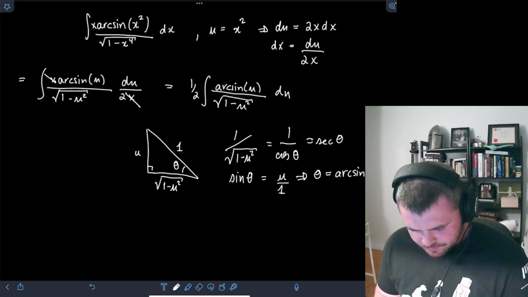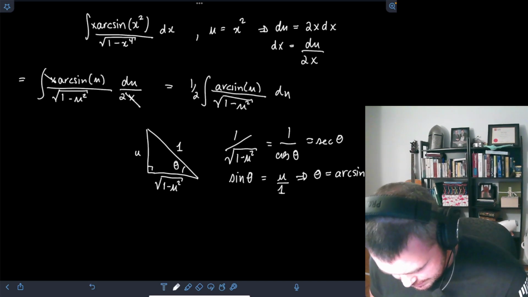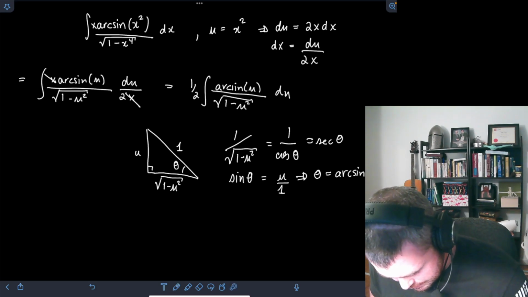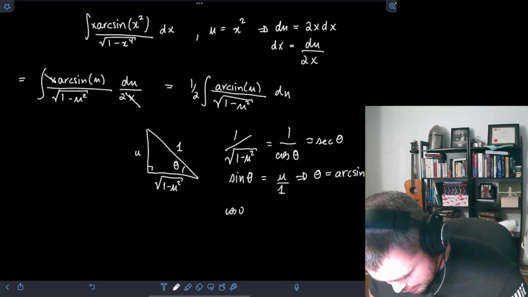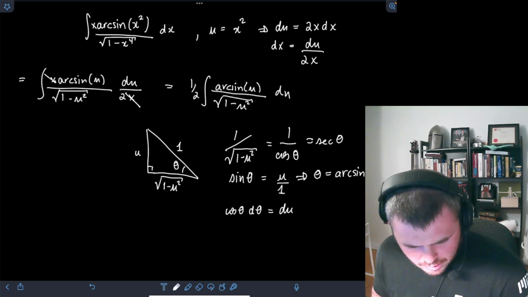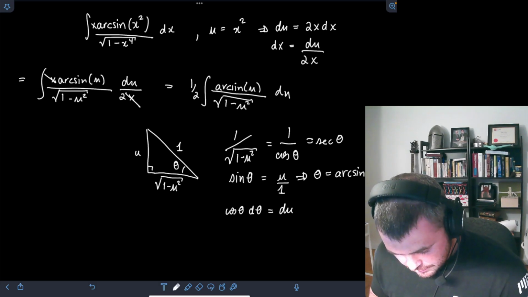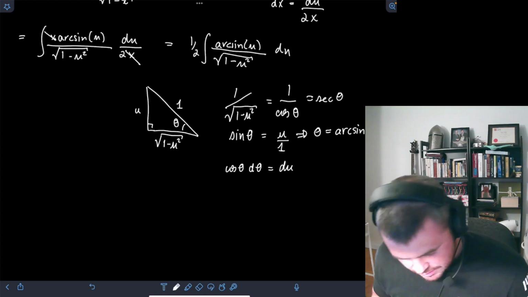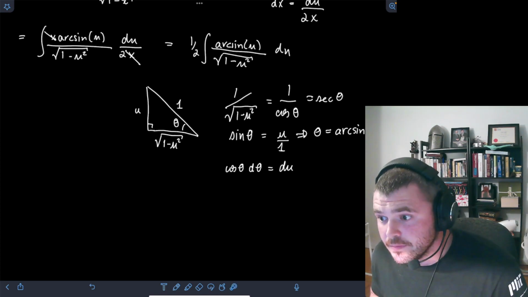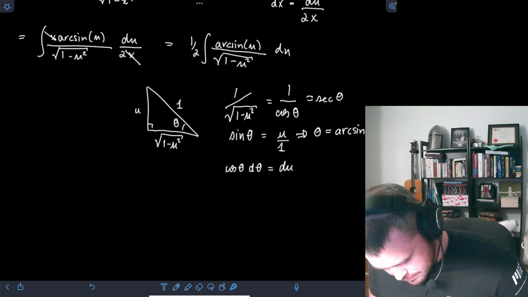And finally, we can see that sine theta equals u over 1. If we take a derivative of this expression on both sides, we'll find that cosine theta d theta is equal to du. And so this is very interesting. So if we substitute all the terms we've just established back into our original integral here, we'll get that